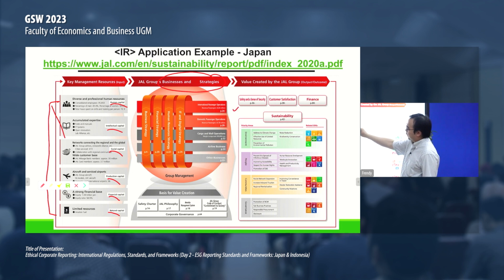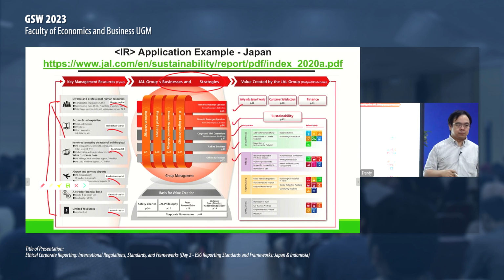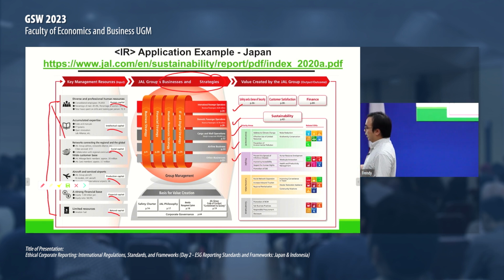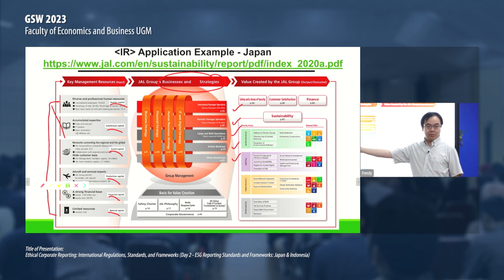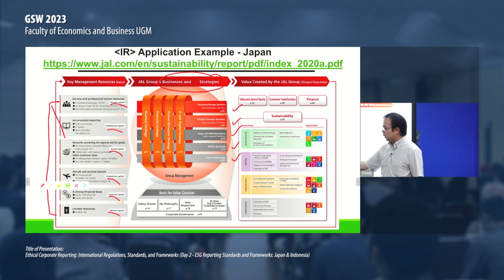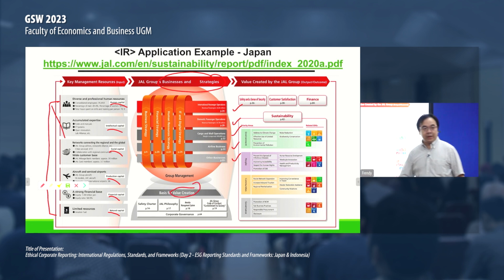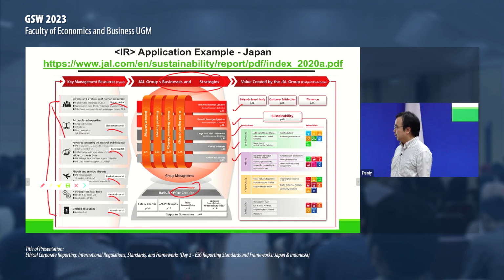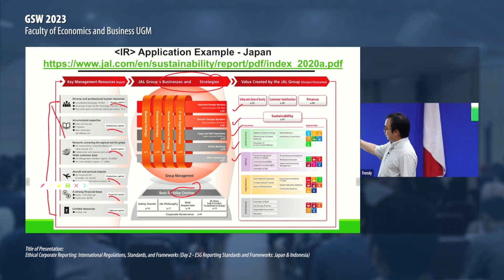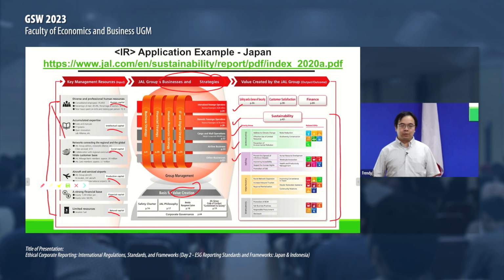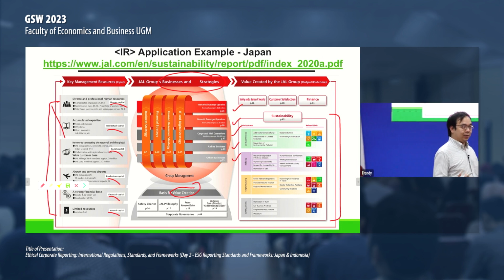So, what kind of operation results do the companies produce? What kind of services does it produce? And these are all affected by strategies. Here, you see the bottom, the keyword or emphasis of integrated report is all about value creation. And then, what are the output? The output here, one of the major parts is sustainability. So this is how integrated reporting is presented.